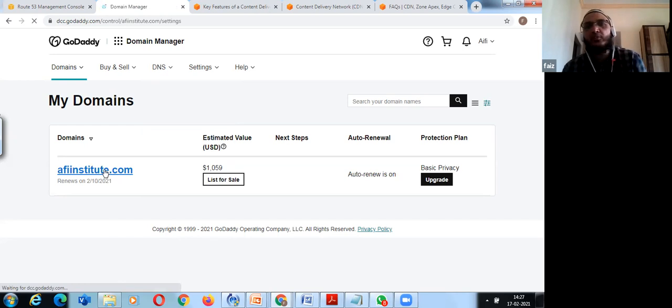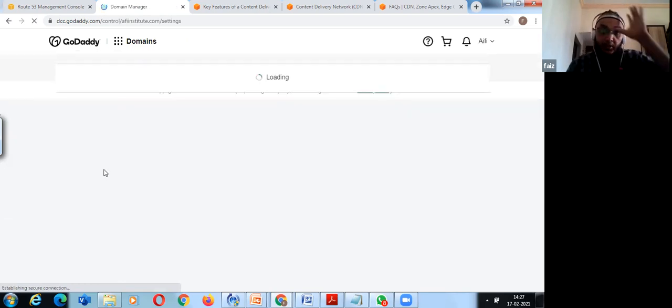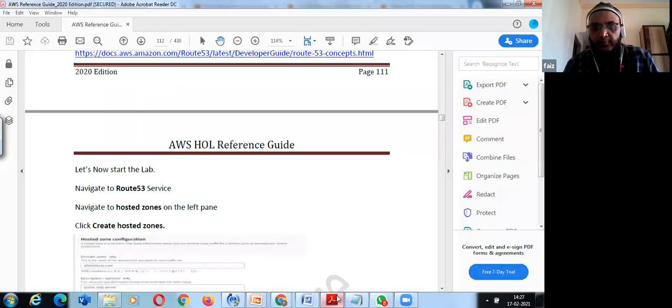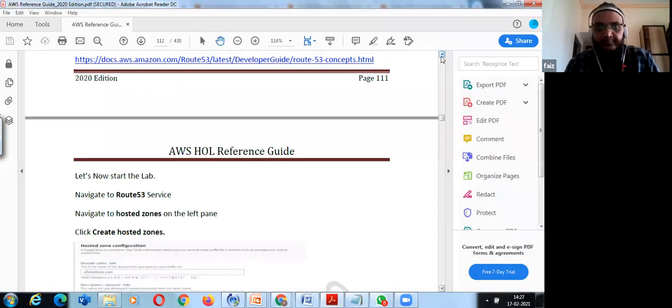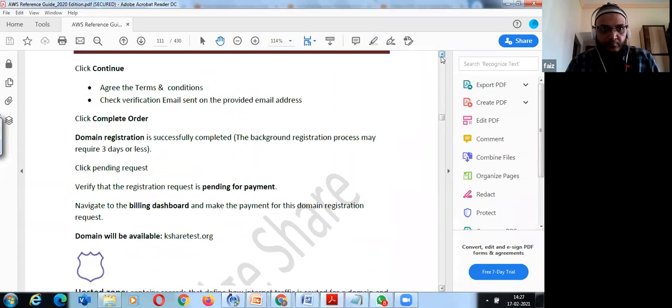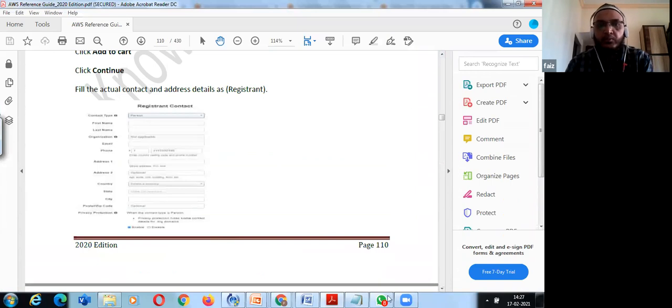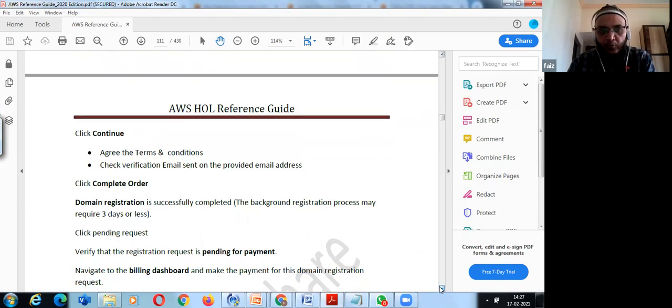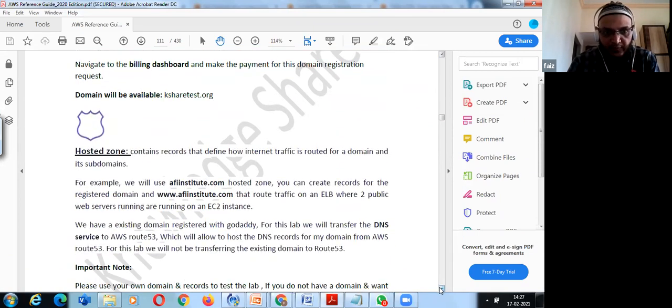I'm not showing it over here because of security reasons, but you will get something similar to this: two NS records and one SOA record. How to map them, I have already mentioned in my book. If you go through this book, you will get that information.